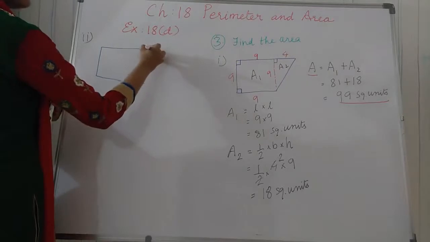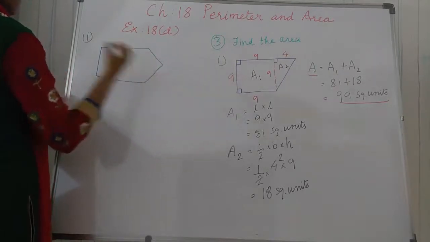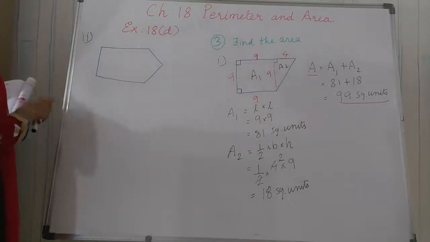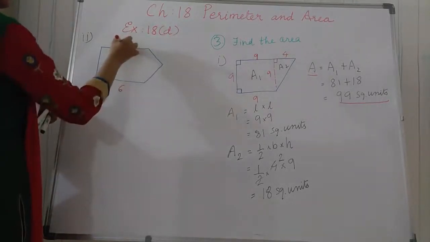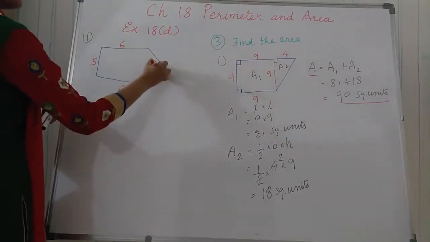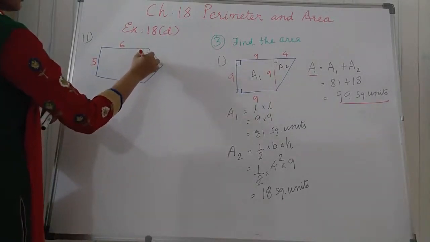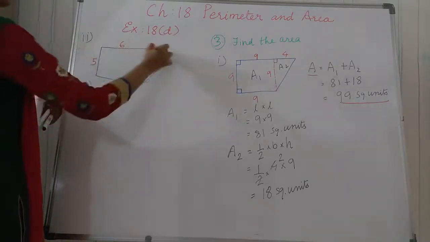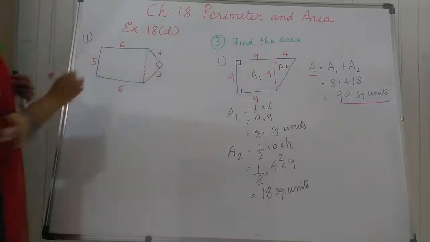And there is a triangle here. Okay. We are given the measures, students, here in the figure: 6 and 6. This is 5. Also this is given 90 degrees. Now we can join this line. So there are two parts now. Here is 4 and here is 3 given.